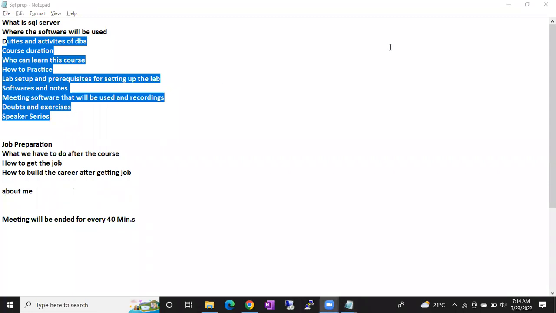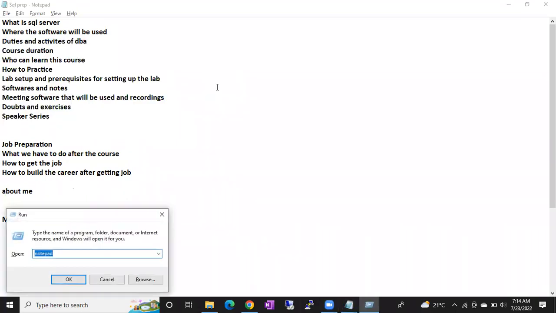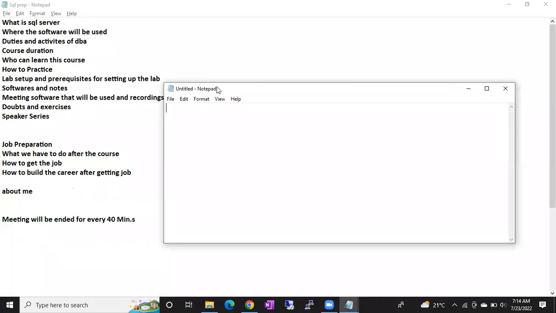So SQL Server is an RDBMS software. Nothing to worry, guys. Slowly we'll learn the things. This is the first class, right? Some of you are non-technical. Mostly you people are from a non-technical background, so that's okay. The classes will be slow until you are comfortable. Up to 50-60% the classes will be slow, guys. Nothing to worry. Once you are comfortable and start practicing, slowly we'll be on track, guys. So what is SQL Server?